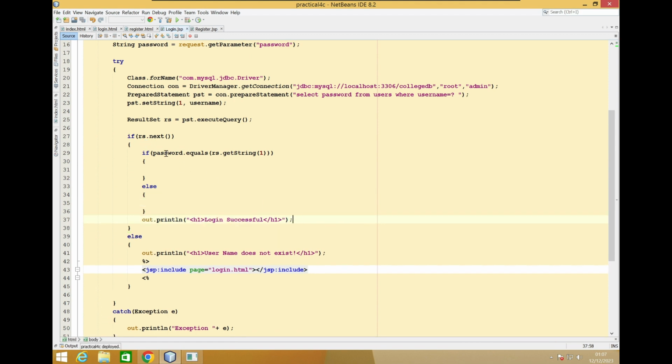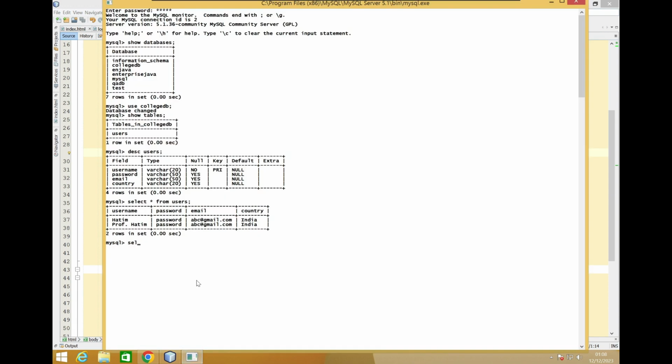So basically we are checking the password with what? From the result set get the first, means there are two columns. There will be by default. First will be the serial number, right? And second will be our password, if we run this over here, select password from users where username equal to